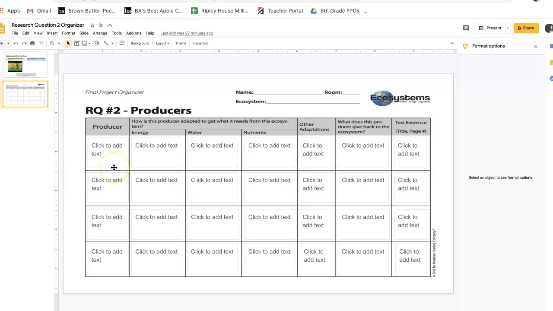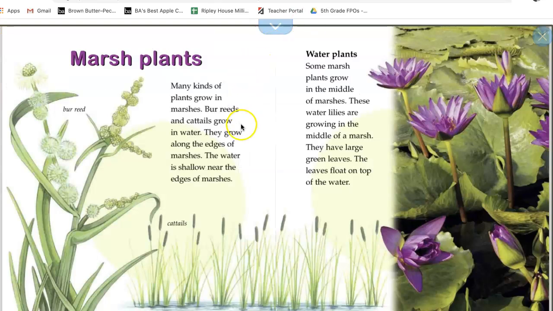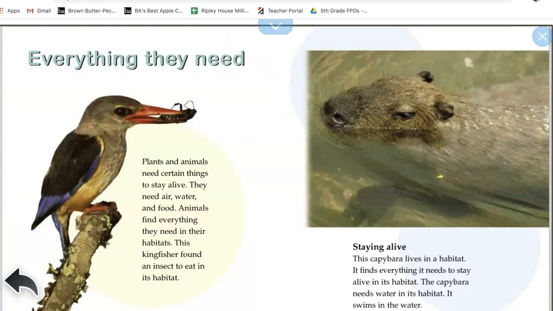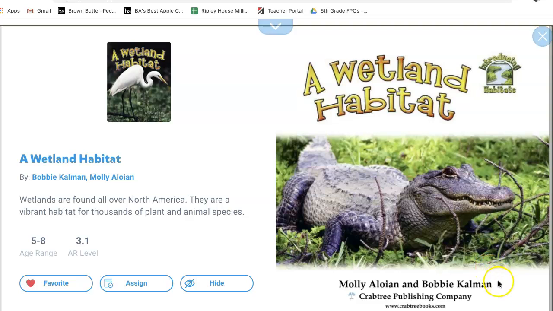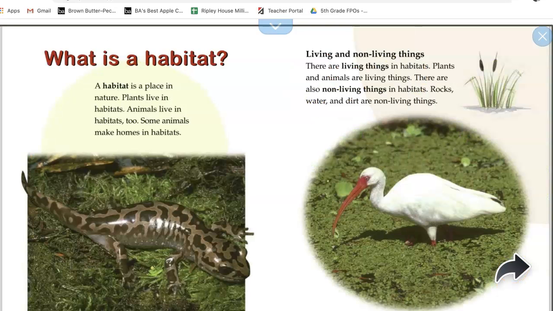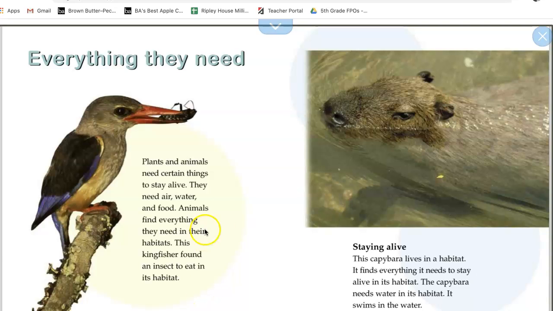an ecosystem. I am going to go through my research resources in EPIC to try and figure out what kind of producers my ecosystem has. Today I will be working on wetlands. So I'm going to go into EPIC, into my research library on wetlands, and I'm currently inside the book A Wetland Habitat, where I thought I could get lots of information specifically about all the different types of organisms inside a wetland. As I read through, I was skimming to find examples of producers